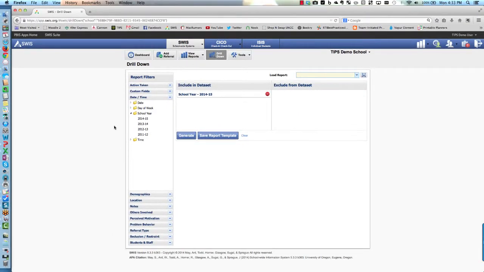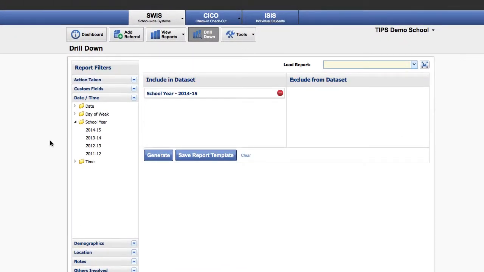Okay, so once the drill down section opens up, you notice that there are different sections of the window. First of all, there's the report filter section. This is where we take apart different pieces or elements and either add them to the data set in the graphs we want to generate, or exclude them from the data set. We're not going to be using any factors to exclude from data sets right now, but do remember that element is there. Now right away you'll notice when we see the section for including data set, we have the